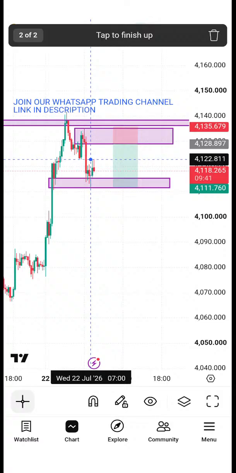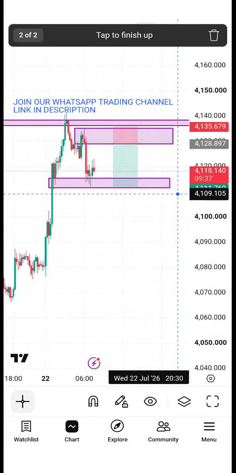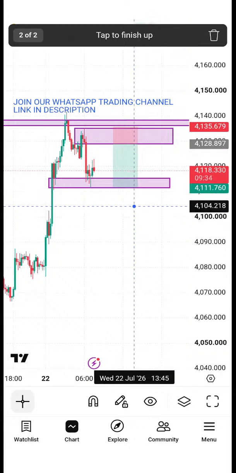Even if gold can just shoot towards the downside, we are not going to chase it. Waiting is still trading. We are trading as you are watching right now. We are waiting. It's part of trading. Doesn't mean that for you to say you were trading, you have to place a trade. No. We are training ourselves to be patient in the market.